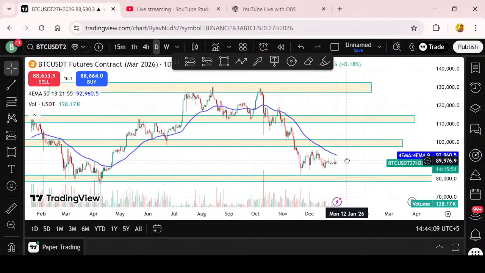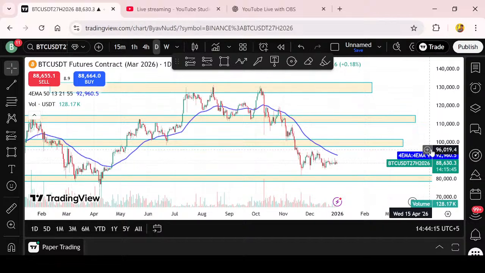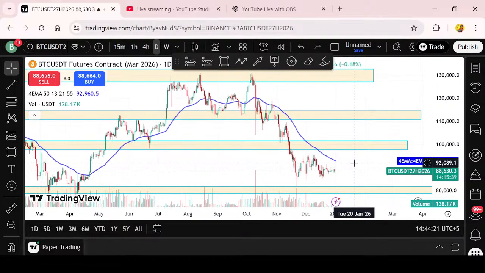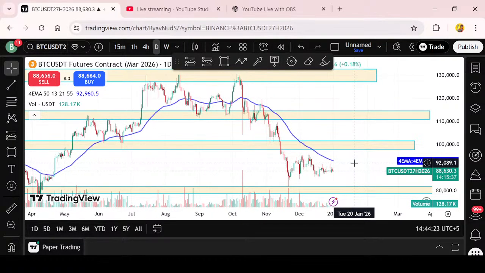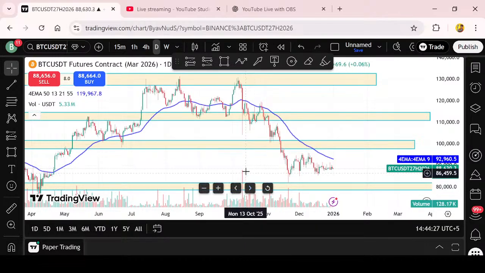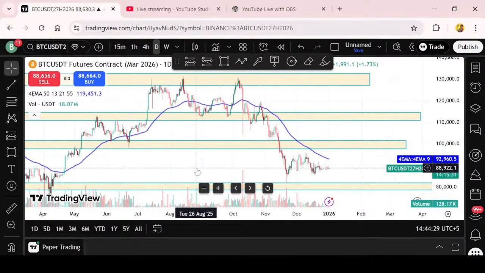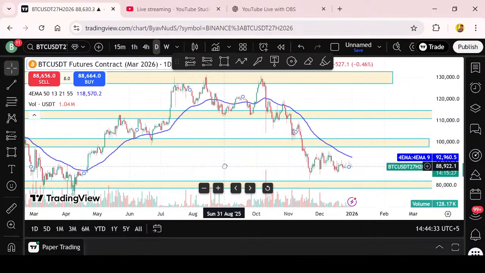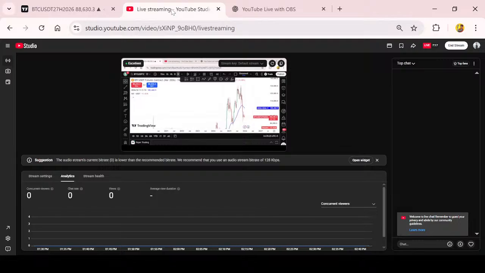Now I will draw a small resistance, or you can say support, on the small time frame. Let's zoom in on this and we will focus on only this part of the chart. Now in this part of the chart, you can clearly see that